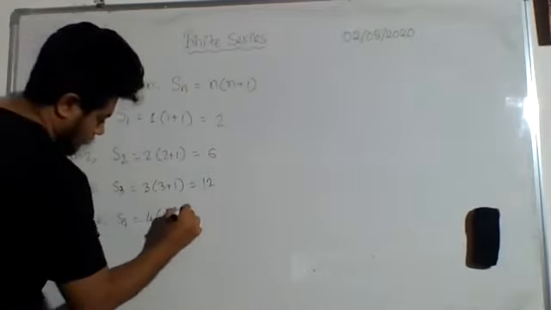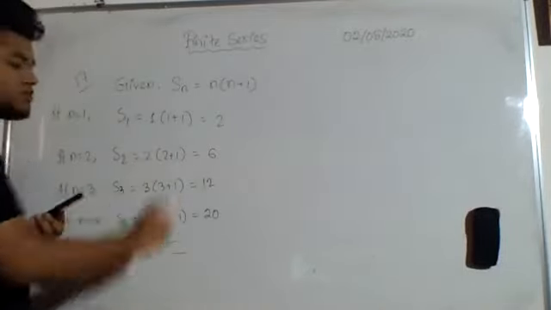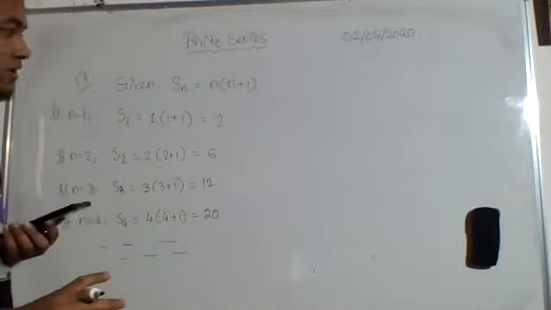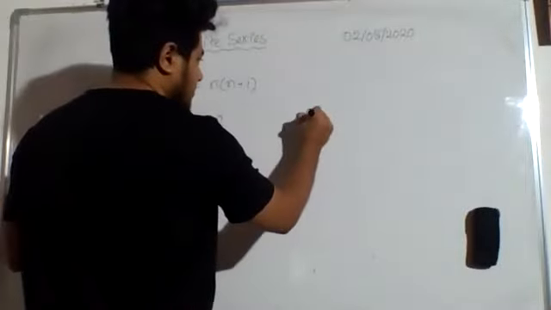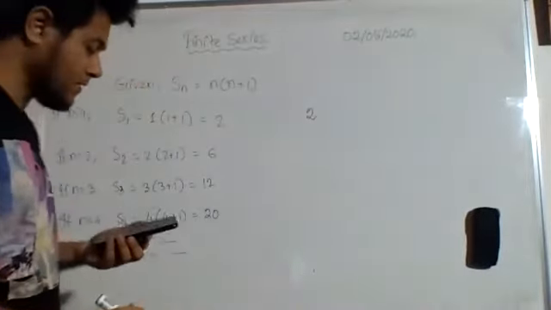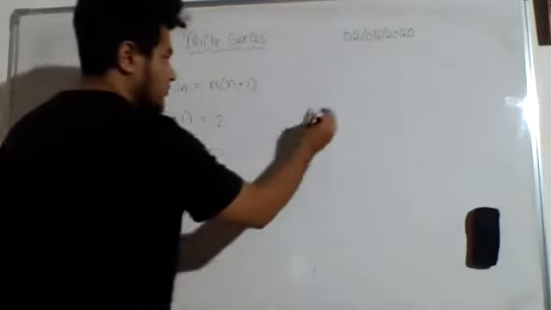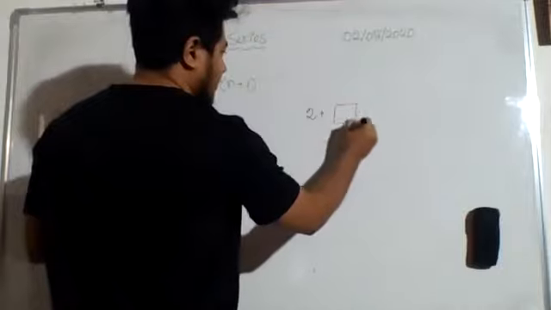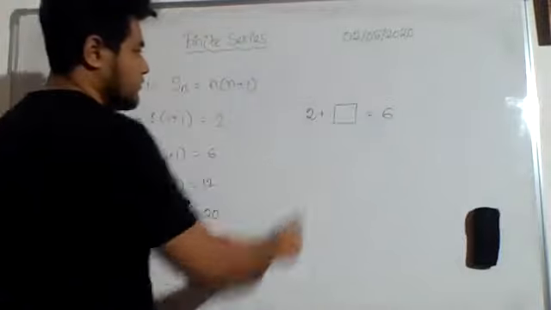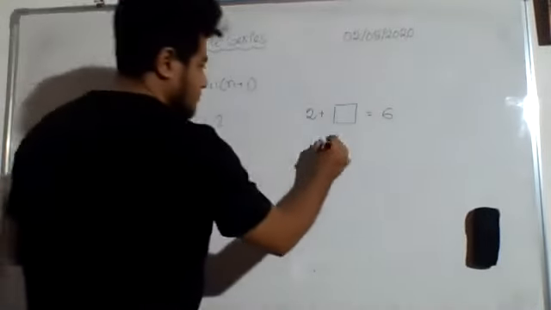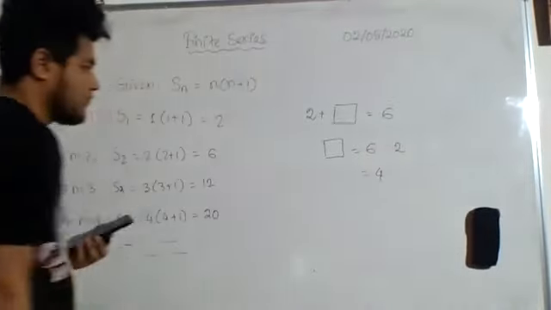So it will continue, right? From here, what we get to know is that we have a series, and the summation of the first term is the first term itself, because the first term is only a single term. Then if I tell you the summation of first two terms, the first term I already know, but the second term I don't know. The summation of these two is 6. Then what is the value of the second term? 4. Yes, 6 minus 2 gives you 4.